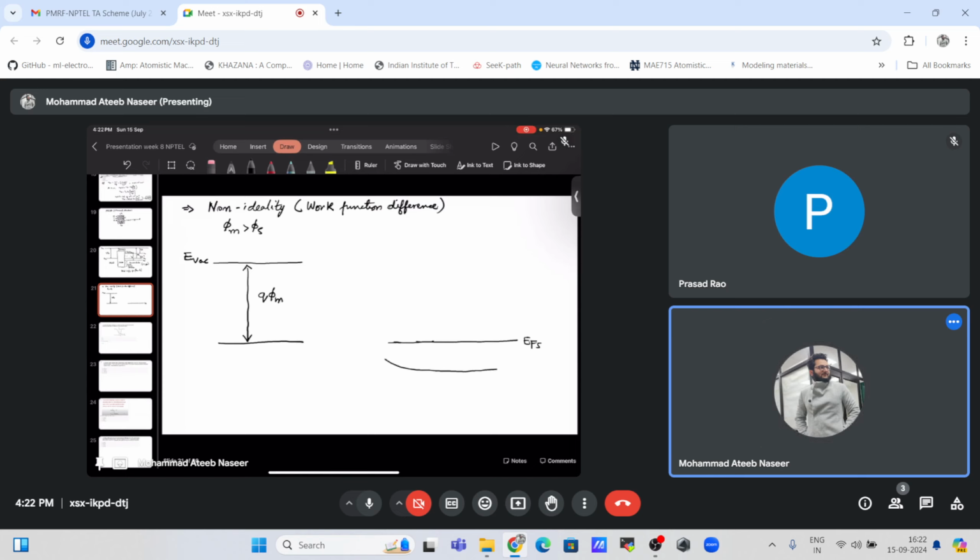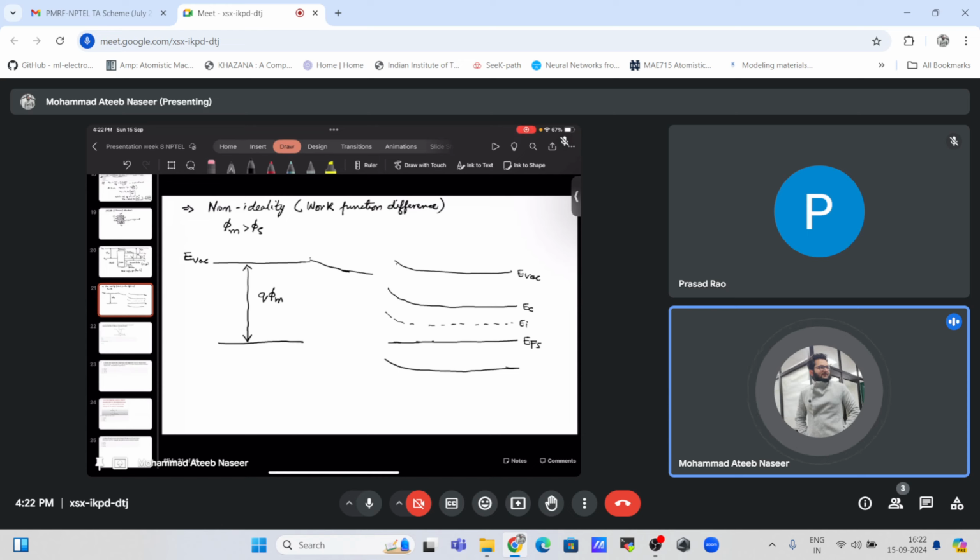So if this was the normal case, then this is how it would look like at the interface, considering this as EC, and the vacuum level will follow. This will be the vacuum level, and this will be the band bending